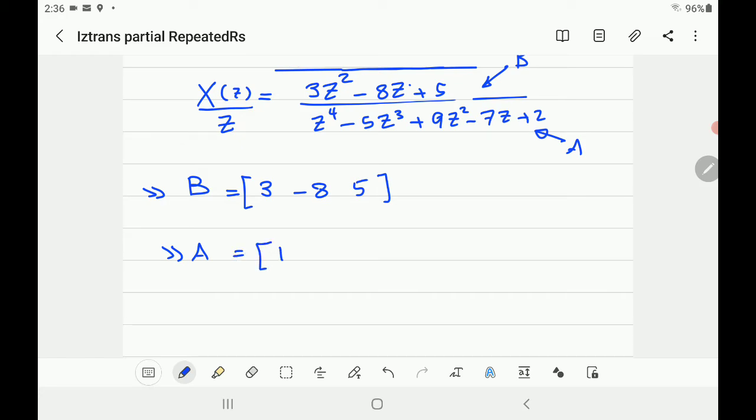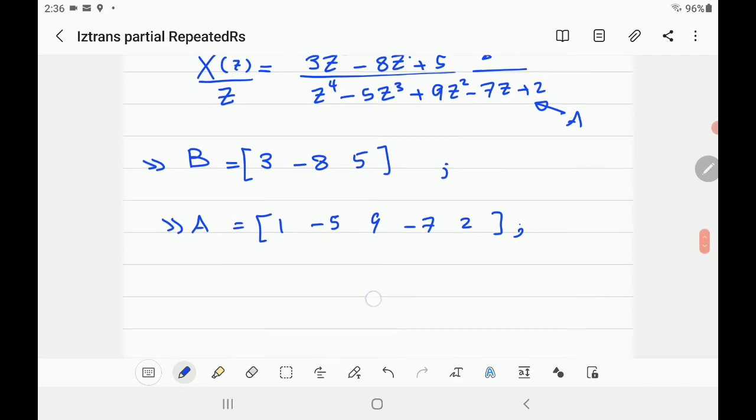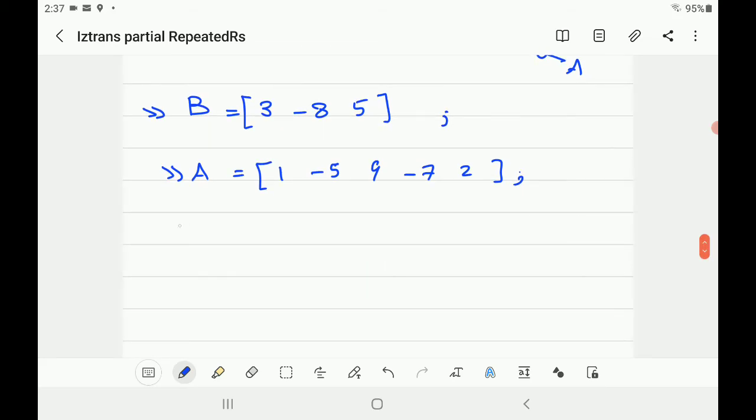You have 1 minus 5, 9 minus 7, 2. You can put a semicolon. You don't want to print, except if you want to print it to check that you wrote the right expression. All right. Now what you do? You write this expression R